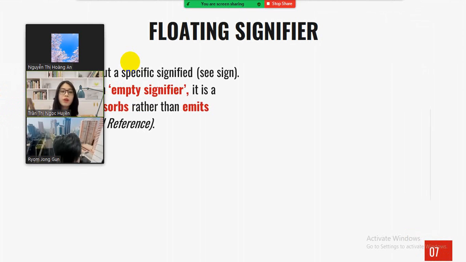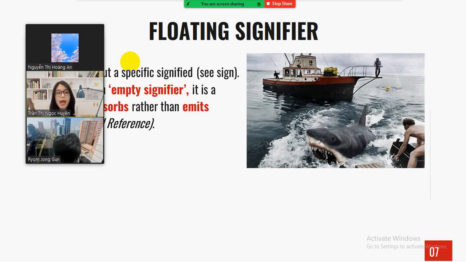A signifier without a specific signified, or we can consider that a C sign, is also known as an empty signifier. It is a signifier that absorbs rather than emits meaning, following the Oxford Reference. For example, the shot in the drawer series of films is an empty signifier because it is